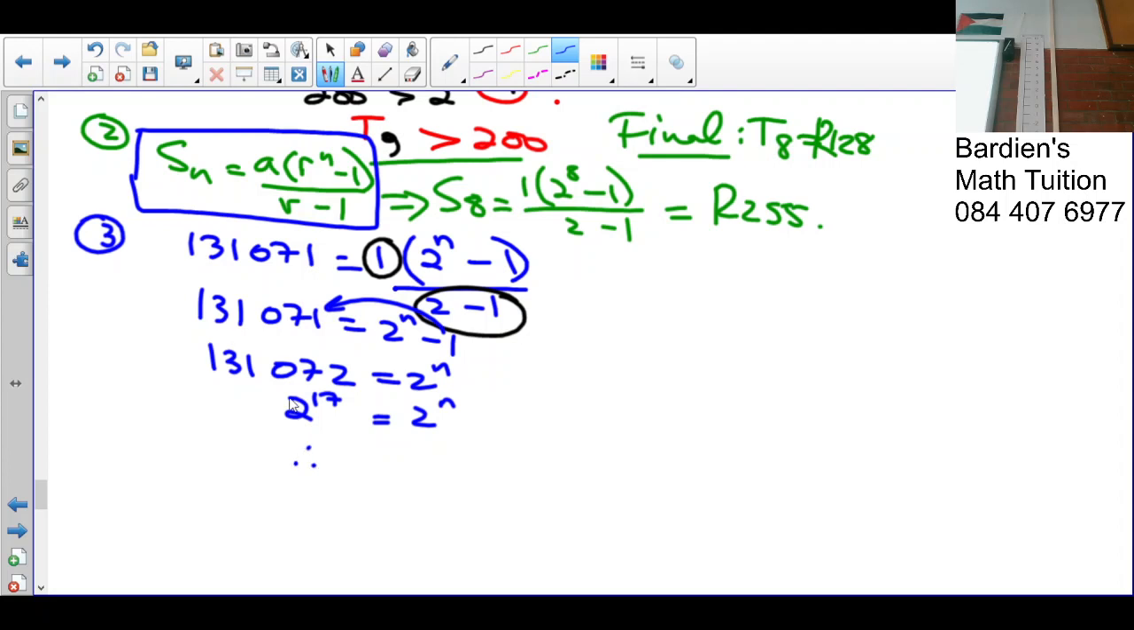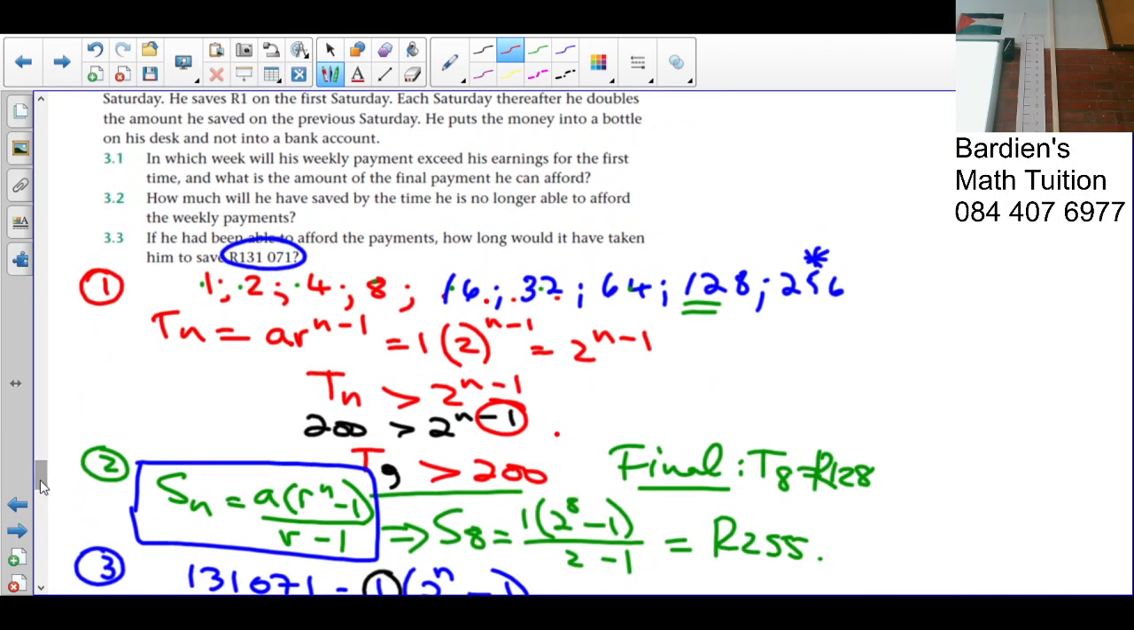So therefore, n is equal to 17. So what does that mean to say? You will take 17 weeks to save for that car. But just to give you an idea, what would the 17th week have looked like? Okay, that's not part of the question, but I just want to show you something. If I extend this, if I double that, I'm going to get 5